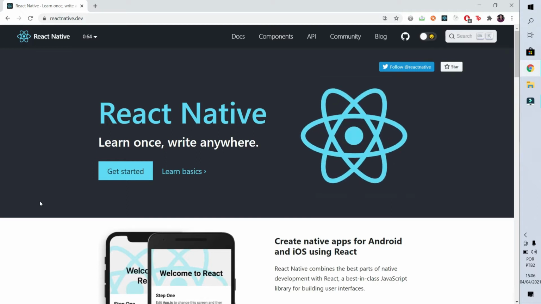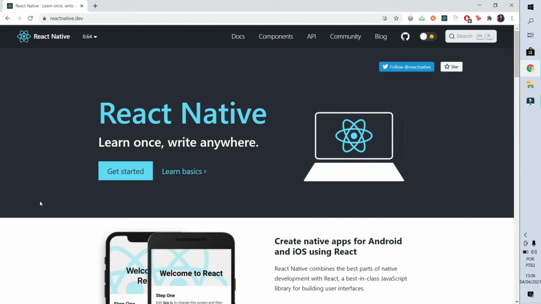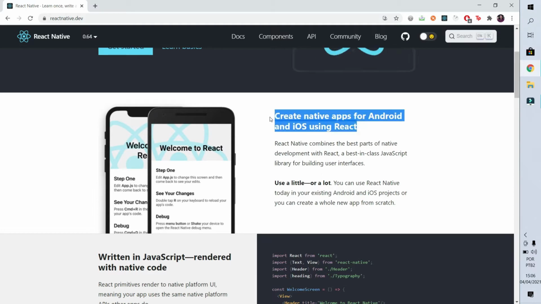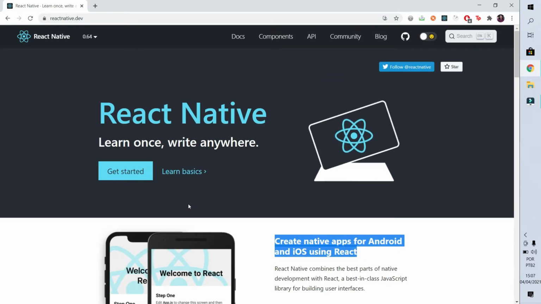In other words, with React Native we can create the Android application that you can download on Google Play, and we can create also the iOS app that you can download in the Apple Store. And the cool thing about it is that you can do these two things using just one source code. I mean, one source code for multiple platforms. Okay, after the summary about the React Native idea, let's start installing it on our machines.